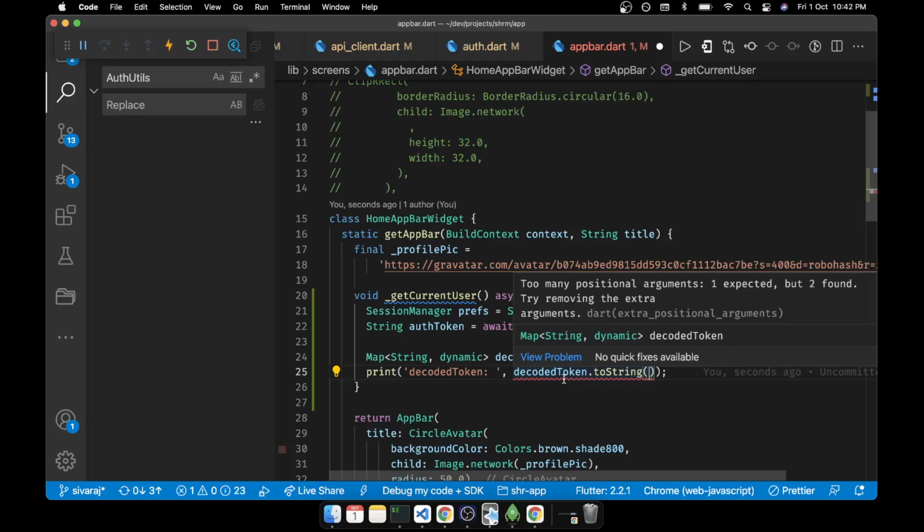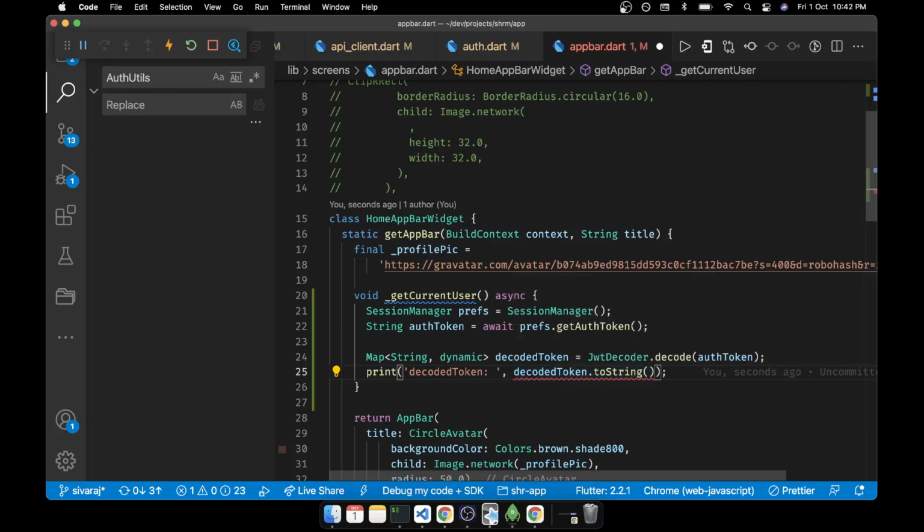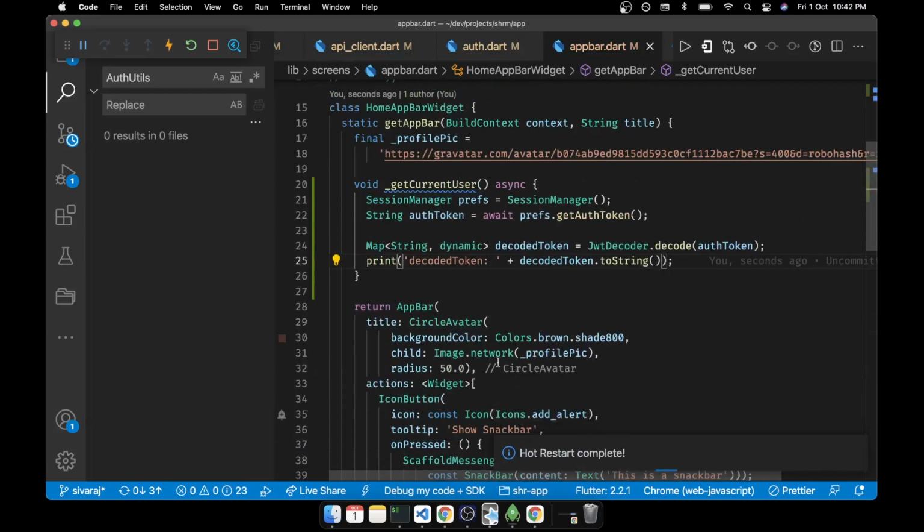Too many positional arguments. Okay, so they're supposed to be plus, and this has to be called.